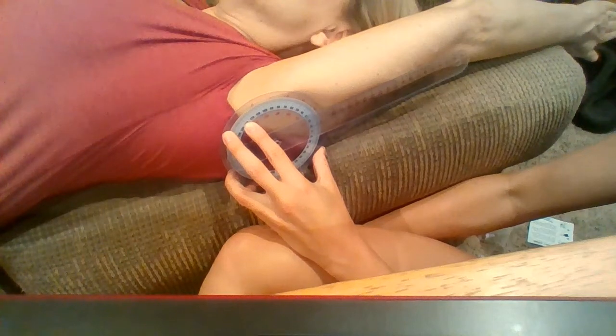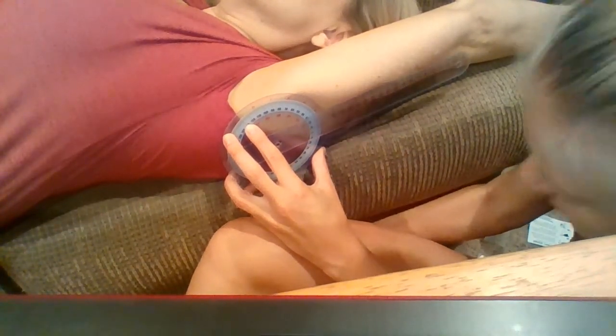All right. So I'm going to try to hold this and bring the camera closer. If we can see here, she is at 170 degrees of shoulder flexion. Next, we are going to be measuring hip flexion, and at the hip, we're going to be putting